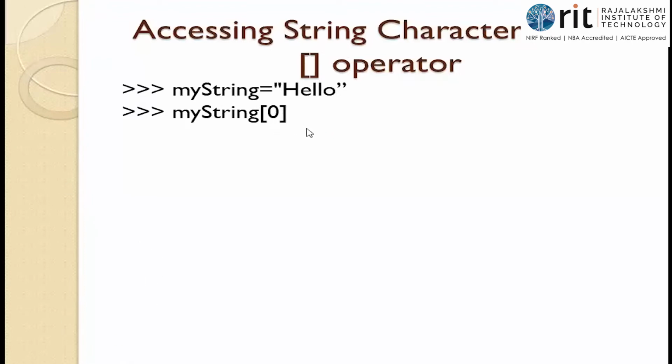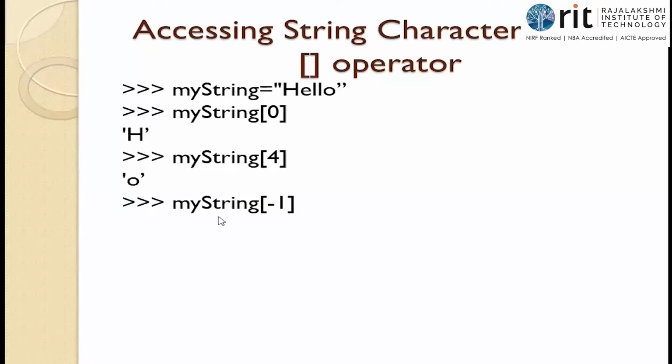My string of 0. What is the index that you are using? 0 is the index, so it is a positive index. It starts at the first character, isn't it? So what is the value? In my string, they are asking to pick index 0. What character is at index 0? H is the character, so the answer will be H. That is given in quotes because it is a string. My string of 4. 0, 1, 2, 3, 4. What is at index 4? O. So that is the answer.